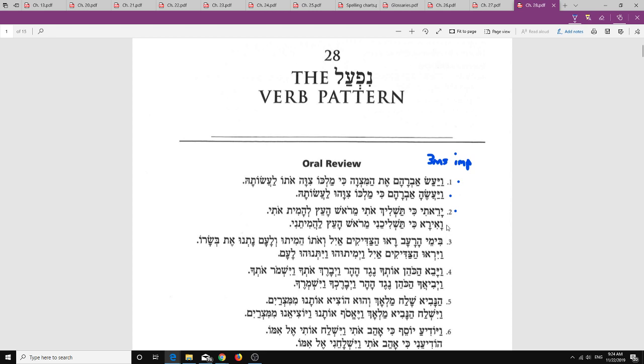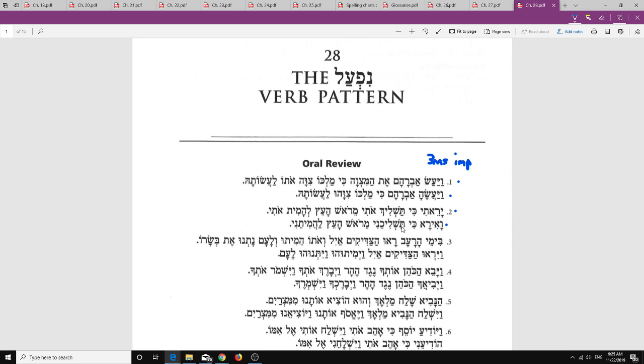Okay? Second line. The ira, so now we have a vav conversive imperfect, first common singular, right, because of this aleph. Same verb, yara. So this shows you the difference between the perfect and the imperfect here. But because of the vav out front, we'll still translate it the same. So I feared that